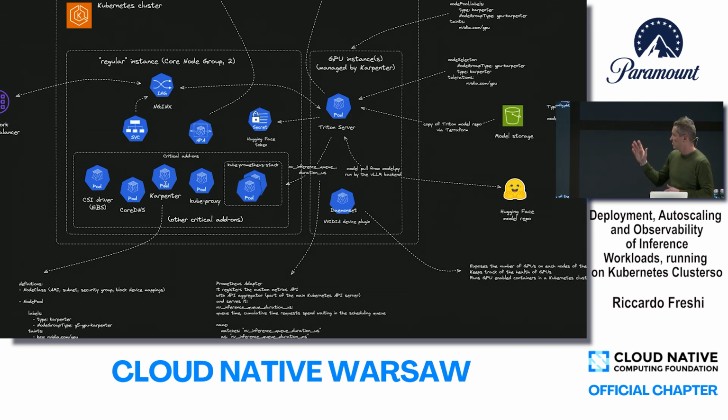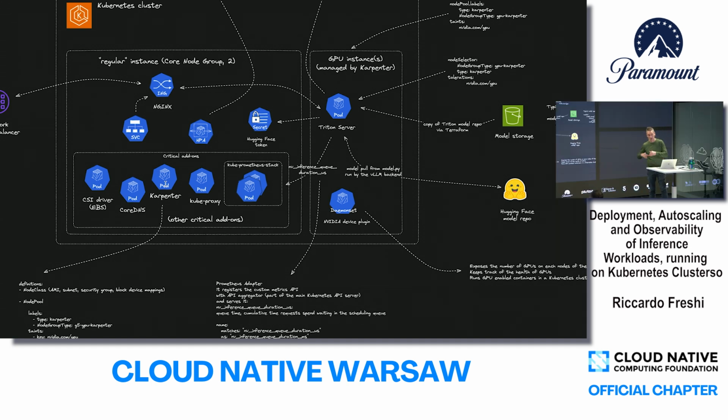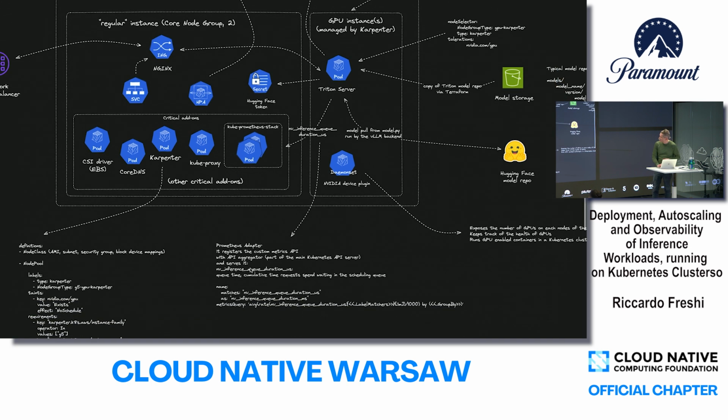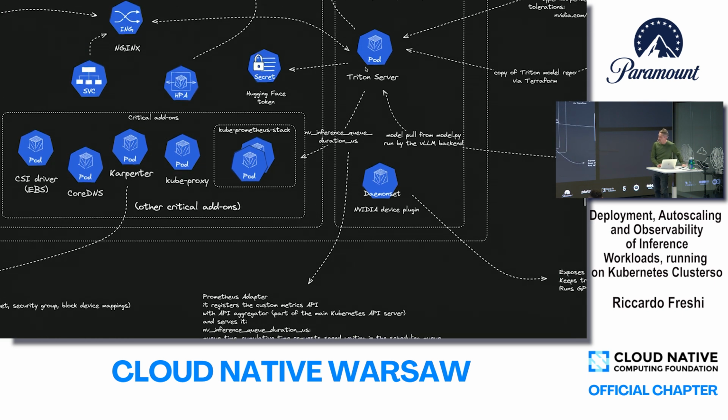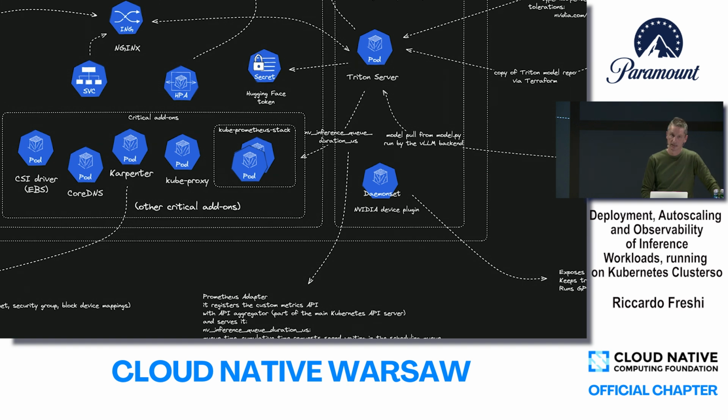So the scaling of the pods happens through the horizontal pod autoscaler. Now, in this specific pattern, we are using the Prometheus stack, which deploys Prometheus, Grafana, and other components, together with the Prometheus adapter. So the Prometheus adapter, what it does is, first of all, we have Triton, which is exposing a number of metrics. One of these metrics, and this is the one we use in the pattern, but you can choose others. They are all documented, of course.